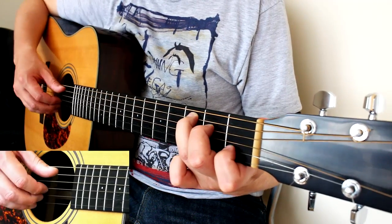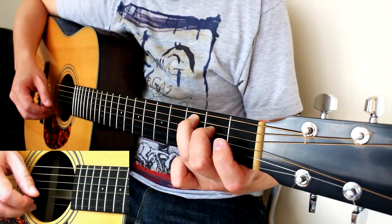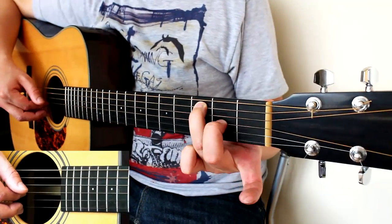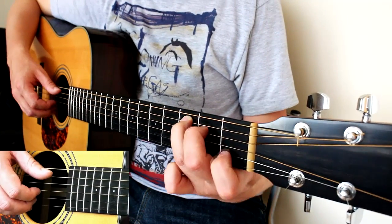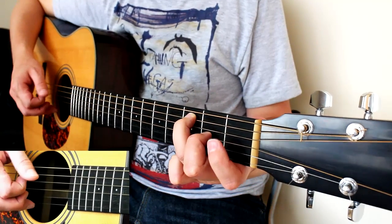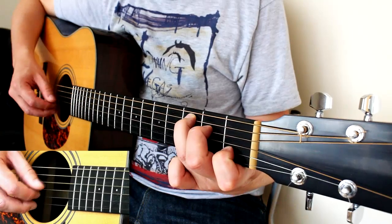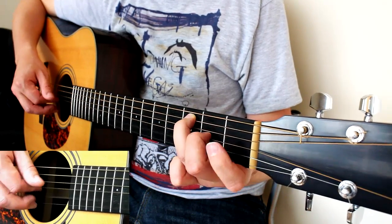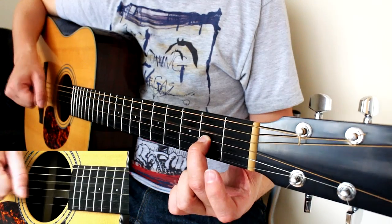Notice the thumb returning to the A string. And then thumb on the A again, then middle finger, move it down so it's second fret on the G. I'll do that again. Notice the thumb sort of alternating back to the bass note. And then leave the middle finger there, thumb on the D,